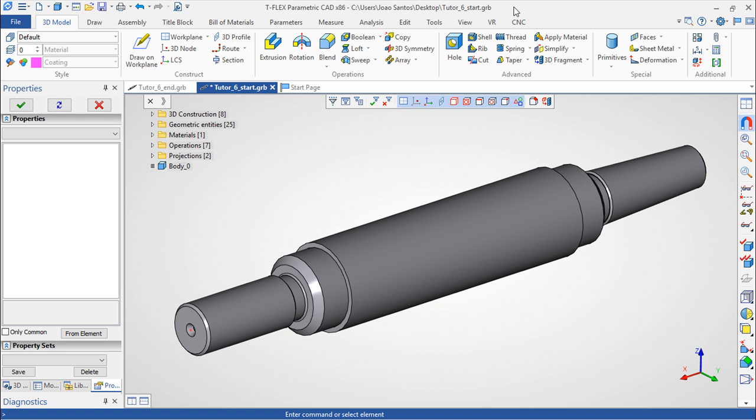Hello, I'm here for one more lesson of this T-FLEX analysis training course, and the topic for today will be the fatigue analysis. I've opened one model that was used to create the tutorial that you have inside the software, but for this purpose it is perfectly okay to show you how to execute this type of analysis. In fact, to create this fatigue